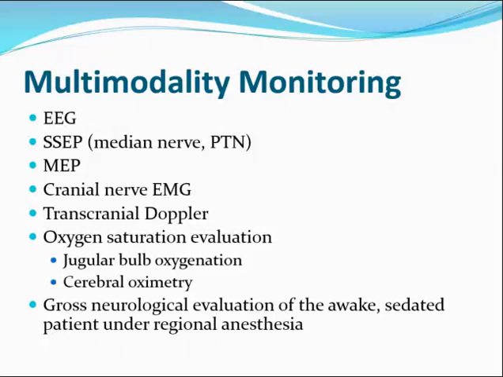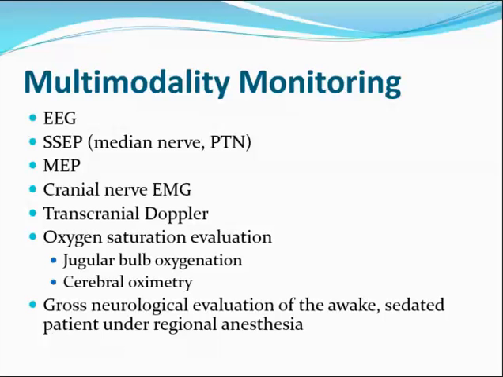Some surgeons may even want cranial nerve EMG monitored. Like we said, the glossopharyngeal nerve is at risk. Vagus nerve is at risk. Hypoglossal nerve is at risk. The marginal mandibular branch of cranial nerve number 7 is at risk. Therefore, you may want to monitor those as well. It's surgeon specific. Speak to the surgeon. Offer those to the surgeon, in addition to what we can provide